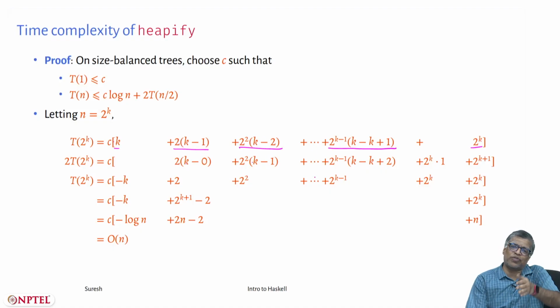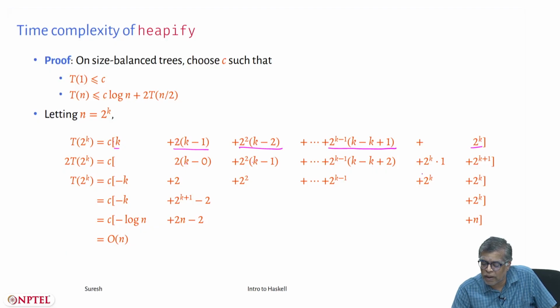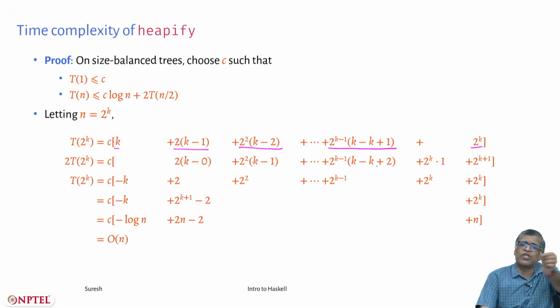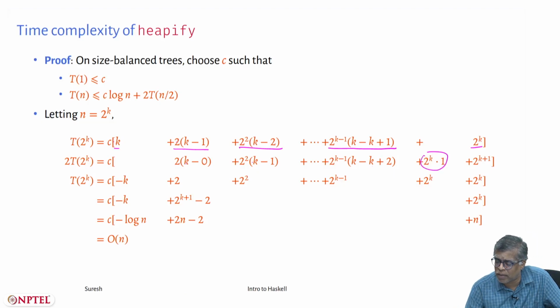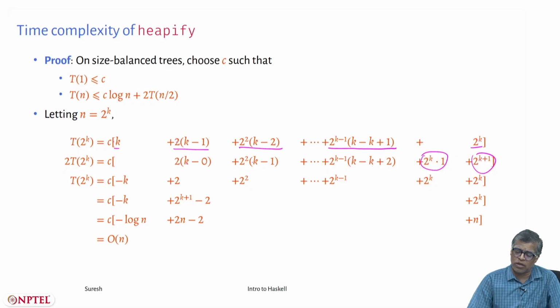You see that when I shift, it will become this power of 2 times, if it was k minus 1 there, it will be k minus 0 here, it's k minus 2 there, it's k minus 1 here, and so on. Here it's k minus k plus 1, here it's k minus k plus 2. This is nothing but 2 to the k minus 1, but if I shift, because I am multiplying by 2, that will become 2 to the k, so that will come here, and this 2 to the k will become 2 to the k plus 1, so I will keep all this here.